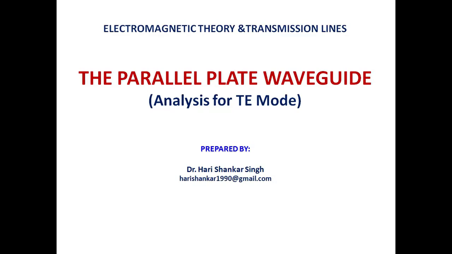In the last videos, we have discussed the transmission line and their characteristics. So now, in this video and onwards, we will discuss the parallel plate waveguide. Basically, a waveguide is a hollow conducting tube to transmit electromagnetic waves. In fact, any system of conductors and insulator for conveying electromagnetic waves could be called a waveguide. But it is customary that specially constructed hollow metallic pipes are usually referred to as waveguides.